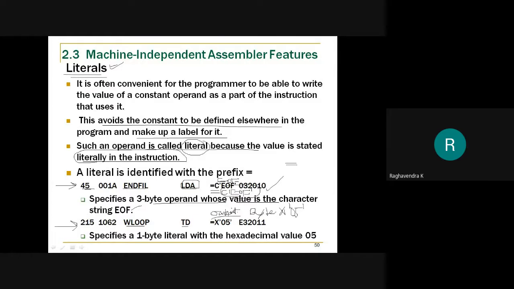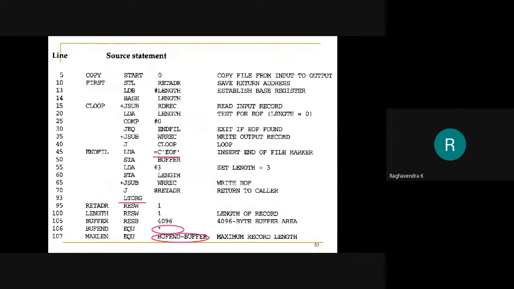Now, this was a label that I actually made. For this constant I had given this label, right? But now I am defining it here in the instruction itself. So now I need not worry about giving label names. If you are struggling to give label names for your constants, then what you can do is simply use the concept of literal in order to define those constants in your program and use them in your instruction.